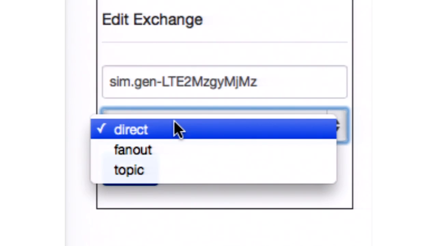So because I'm using direct, it means it will check the routing key before routing. It will do something like select from queues where routing key, the one sending the message, equals binding key, the one in the connection. RabbitMQ is not doing an SQL query internally because it's using a different database, but that's the idea.